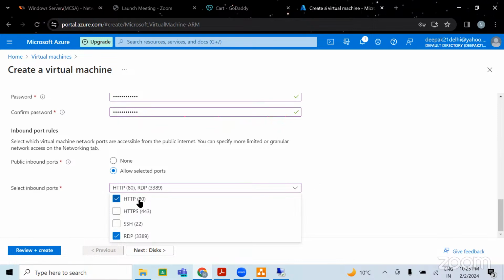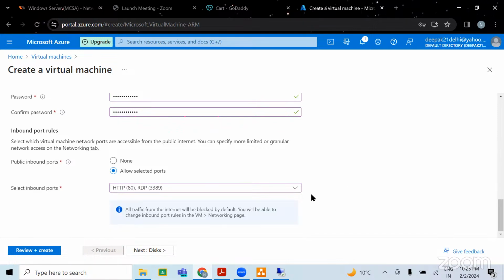You can see these four options, but there are multiple ports that you have to enable. Let's say you want to ping this machine from your laptop. Then in that case you have to enable the ICMP port. So based on requirement, whatever services and ports you want, you can enable them. Or if you forgot, you can enable it later on also. That is not a big deal. All right, now next,